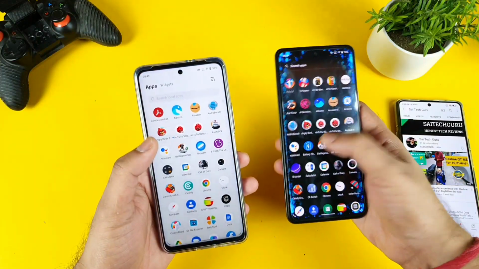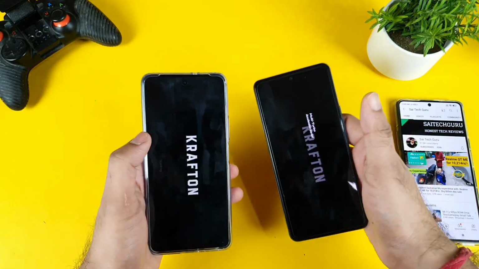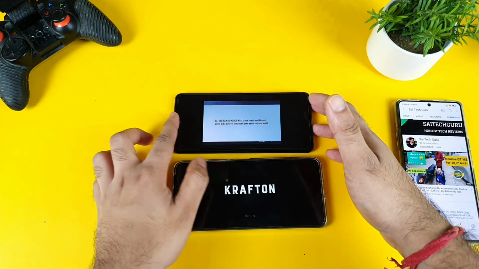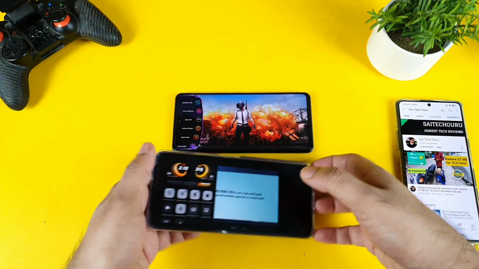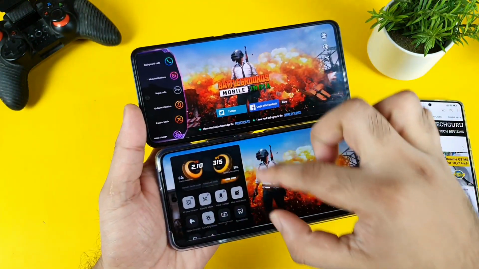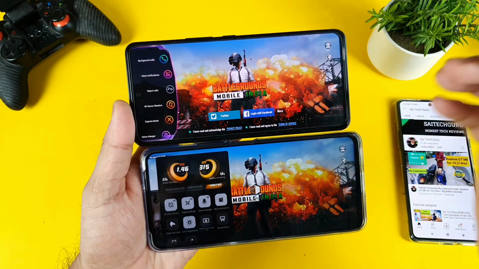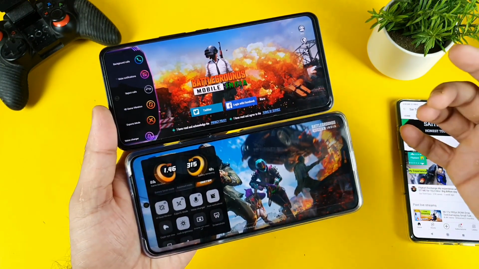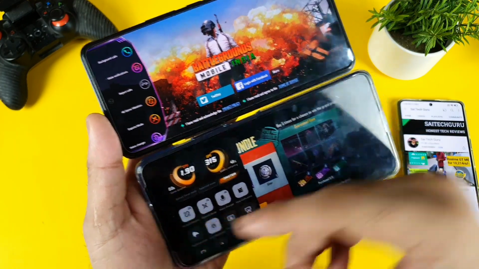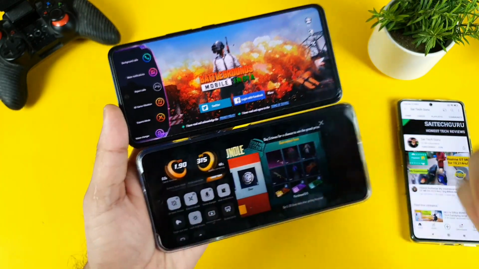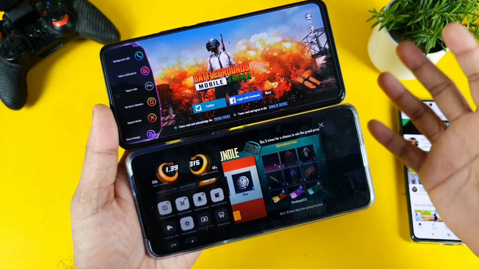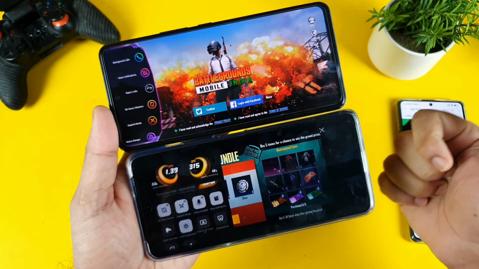Another thing I thought of mentioning, and I think you would have got to know, is Ultra Game Mode 2.0 versus 1.0, which is also quite different in terms of visualization. In FunTouch UI 11, we have this kind of option where everything is sideways, as you can see, but right now it's a little more organized in Ultra Game Mode 2.0, which I feel is really unique. I feel there are a few advantages in this one. For example, game duration is a really good option, where you know how many hours you have been playing continuously. In this way, you can keep track of how much time you are spending playing games.